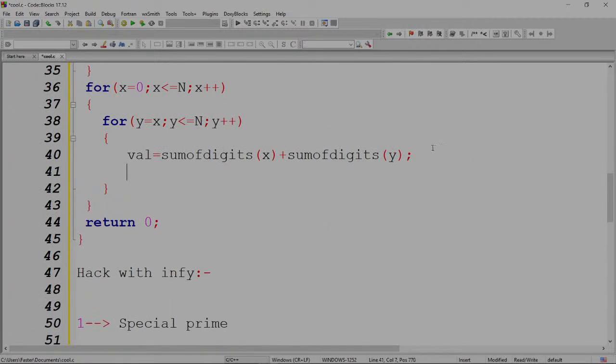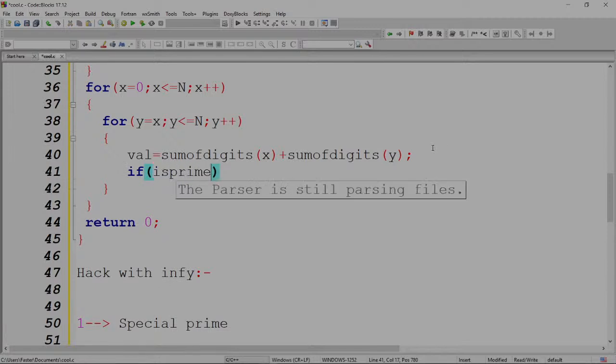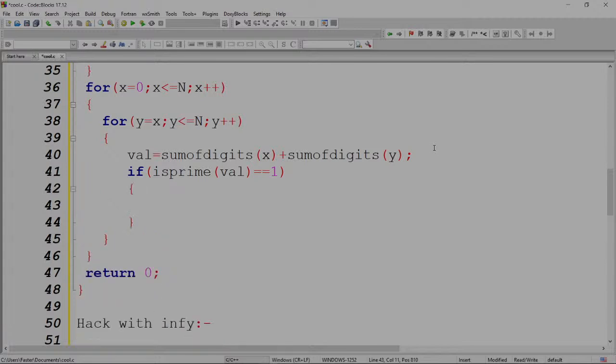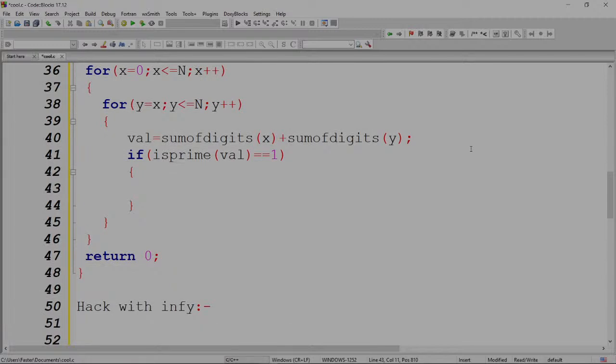So I store that. I want to check if it's prime or not. So for is prime, I just call one function. I give that value. If it's prime, I just return 1. If it's not prime, no issue with that. If it's prime, what I want to do here,